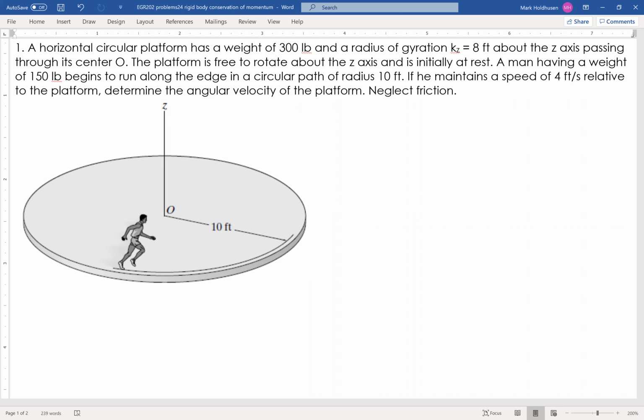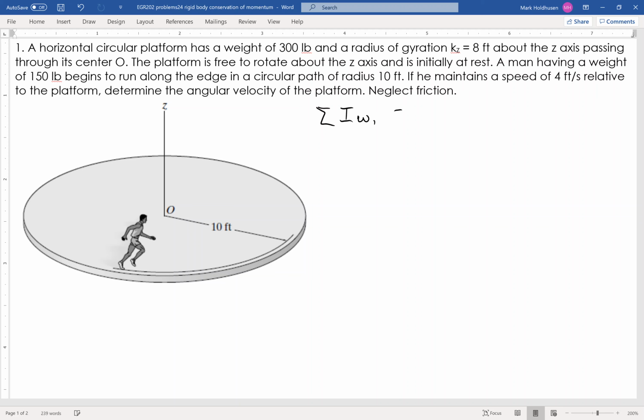Now, about point z, angular momentum will be conserved because if I take the man and the platform together, then any impulses are internal to the system, except for what's going on at the pin joint. But again, I'm summing the moments, or the angular momentums, about that point. So we have conservation of momentum. So again,